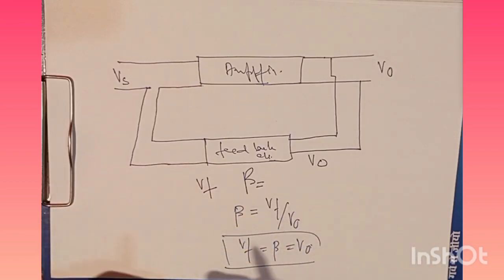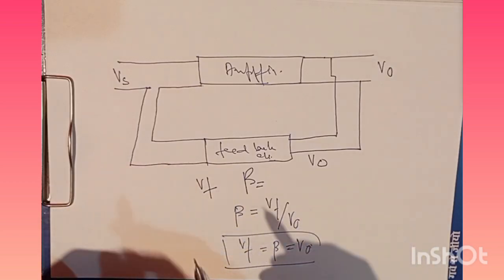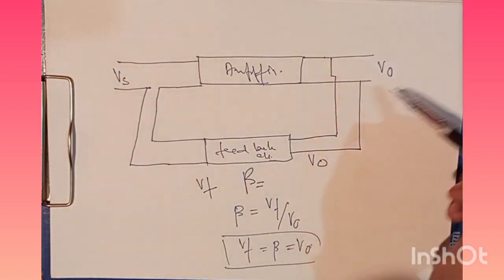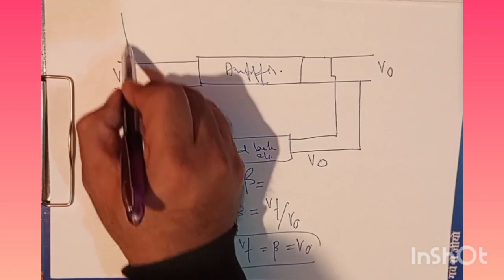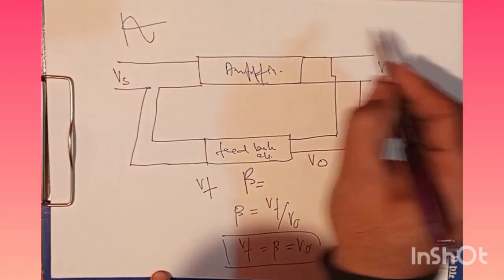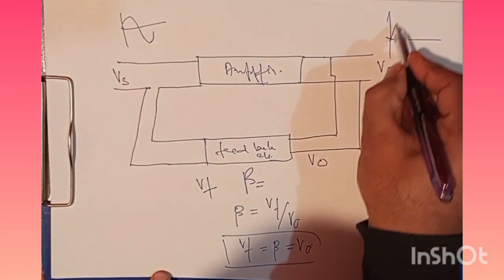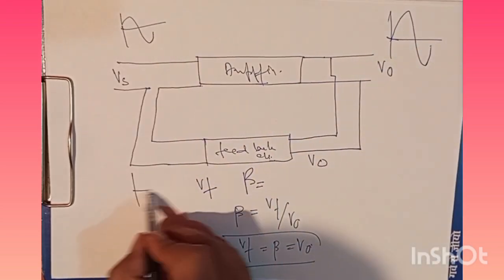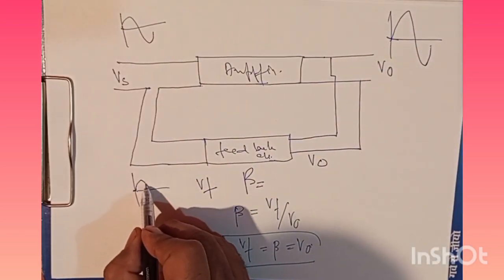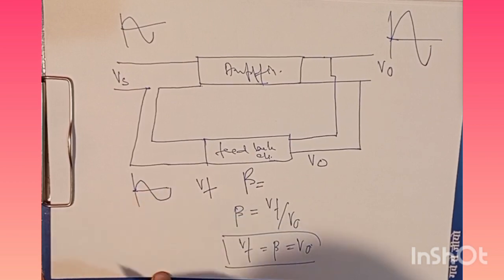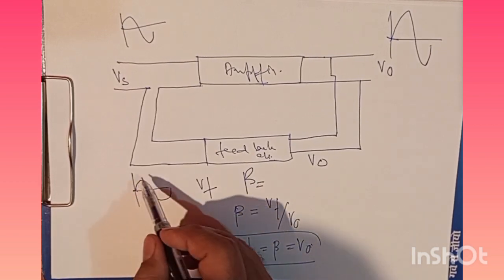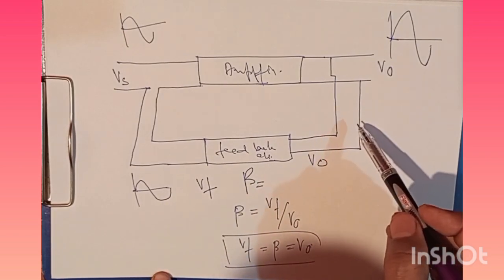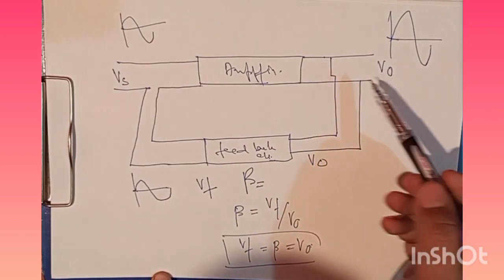In a positive feedback system, we have an input signal, then we have an amplified input signal, and then we have a modified signal here, which has the same phase as that of V out, or is in the same phase with respect